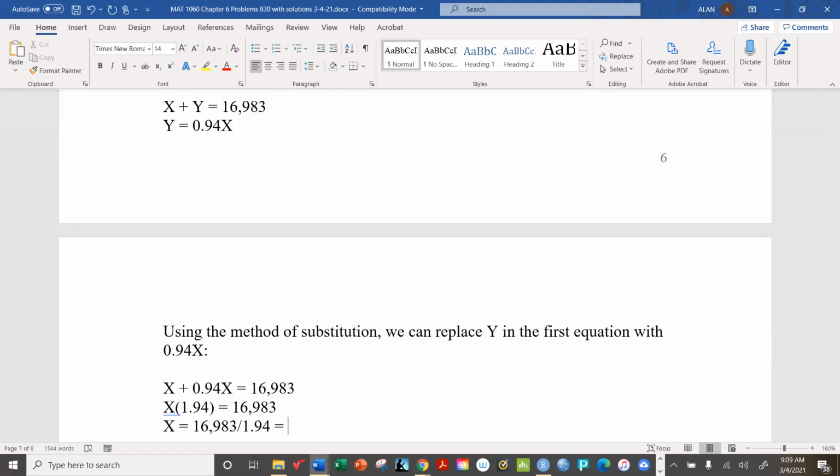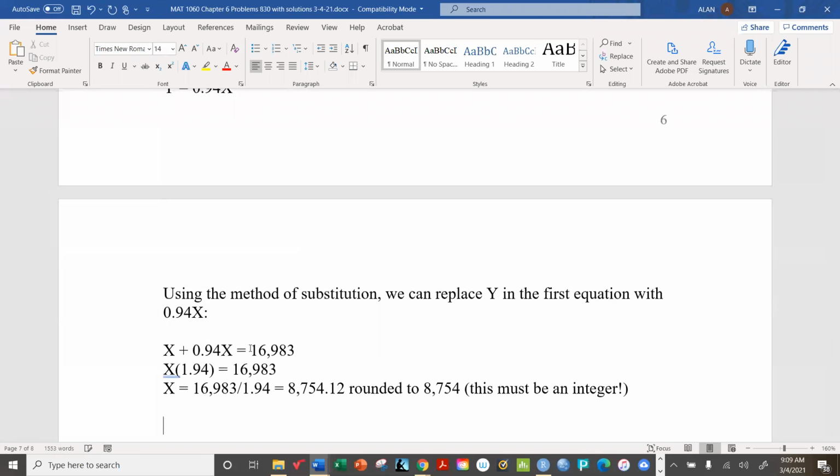Now here we have to watch it because this is people. So our number has to be an integer. So the actual number is 8754.12. So we'll round it to 8754. This must be an integer because it involves people. Okay, so then we can find Y by replacing or substituting